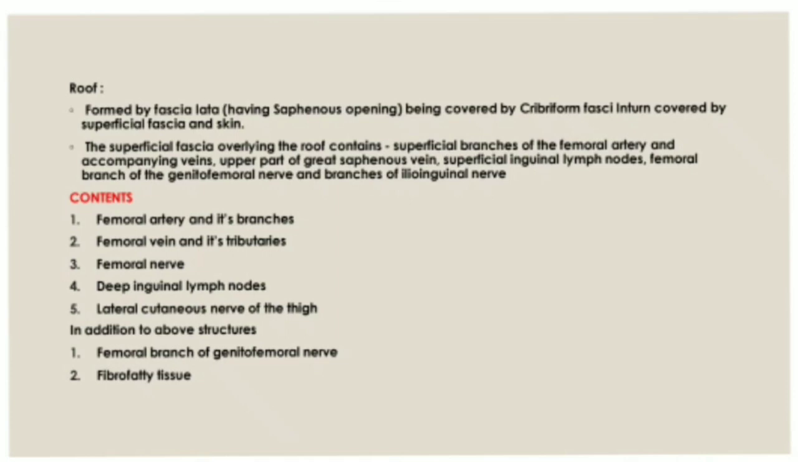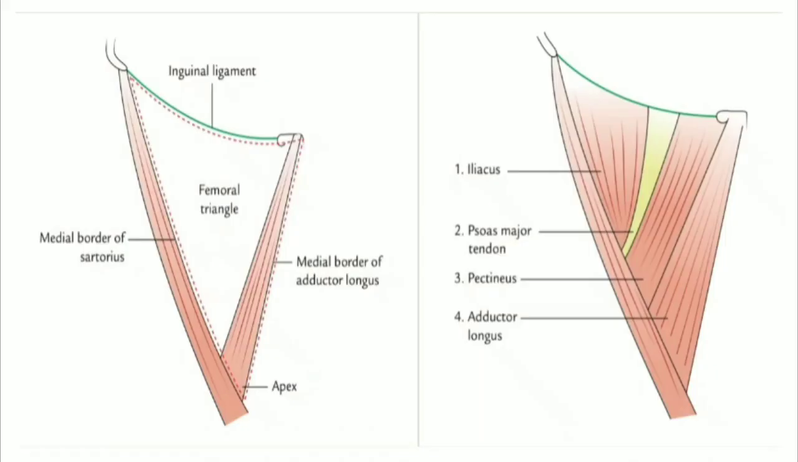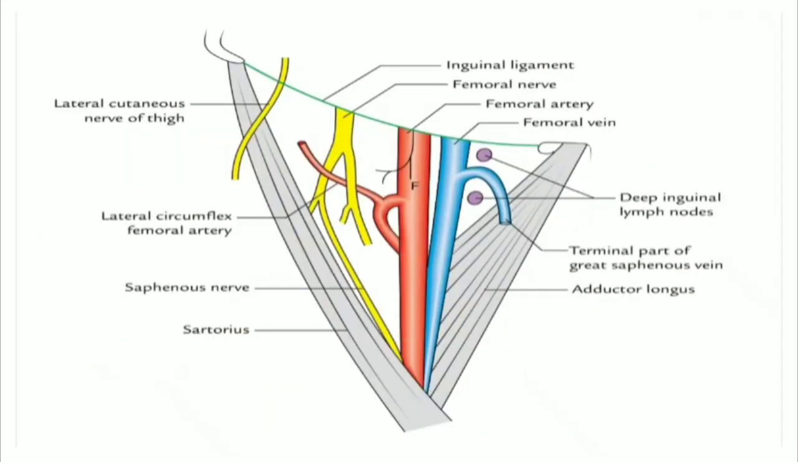So what forms the roof? The roof is formed by fascia lata. If you remove all the skin, superficial fascia, and deep fascia, there is also the deep fascia lata, and we will see this space, the femoral triangle. So this is formed by fascia lata. This fascia lata will have an opening called the saphenous opening. This saphenous opening is very important. Why? Because in this saphenous opening only, the great saphenous vein